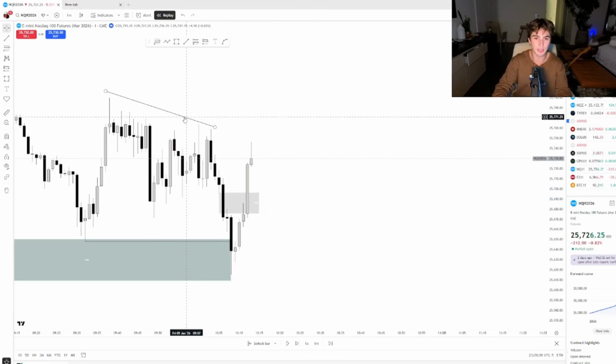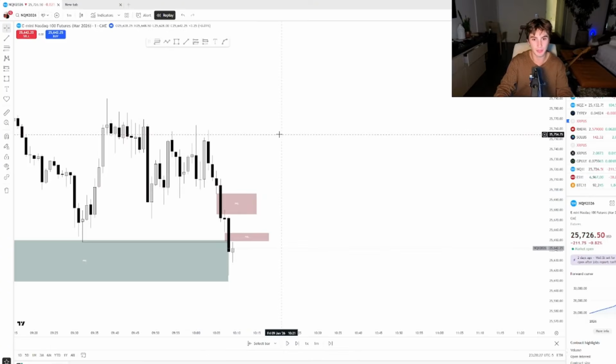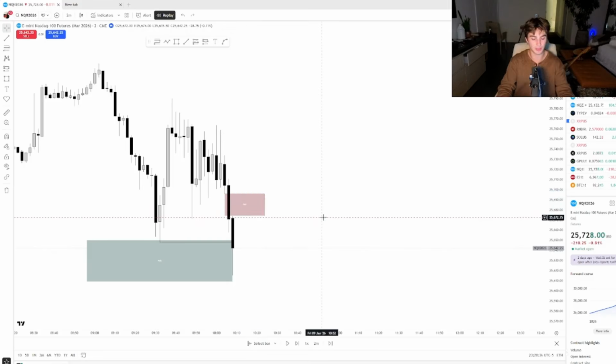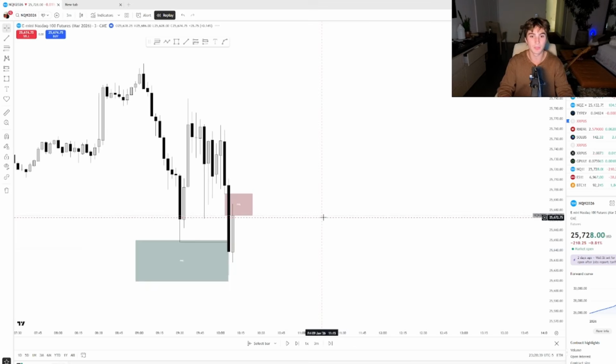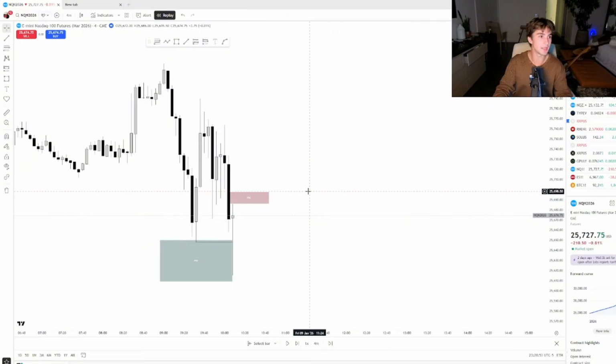So if I look at this leg right here, top to bottom, this is the manipulation leg. The trade's lower, it takes this low and taps back into the 15 minute. And I go on the 1 minute. Well, the 1 minute has this bearish gap and it has this bearish gap. But there's also the 2 minute time frame, and the 2 minute has this bearish gap. There's also a bearish gap on the 3 minute time frame, and there's also a bearish gap on the 4 minute. But there's not a bearish gap on the 5 minute time frame. So the highest time frame bearish gap here is the 4 minute.